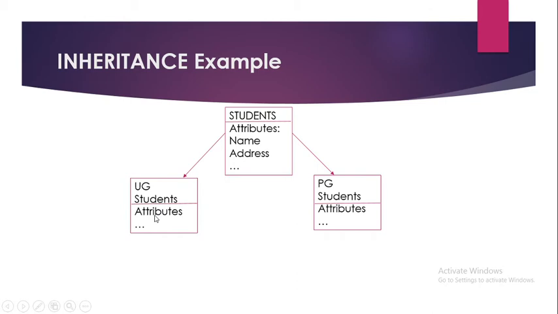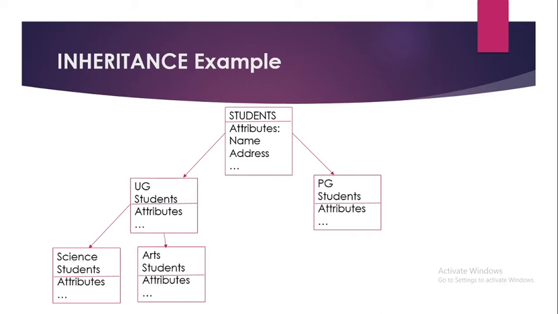So if I want to be more specific, I want to see more specifications, I can further derive some classes from UG student. From UG students we are going to derive new classes, such as science students, because depending upon the stream, subjects will be different, or some rules will be different, or some different information I need to store. So I can go for more specification. For science students, one class is derived. For arts students, another class is derived. For commerce students, another class is derived.